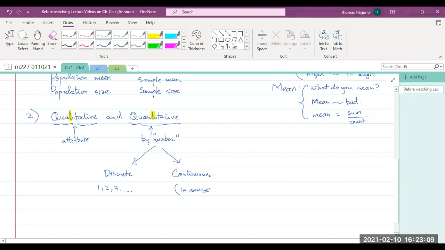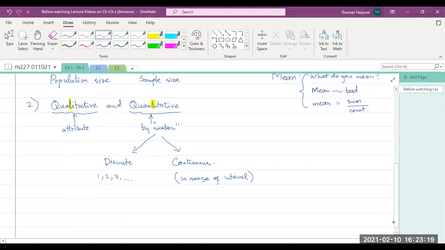Sense of interval. I think I better say it this way: discrete doesn't have to be an integer. Like shoe size, for example. Mine is 42, somebody has 43, but somebody may have 42.5. So it's not necessarily an integer. But we know that it is discrete if